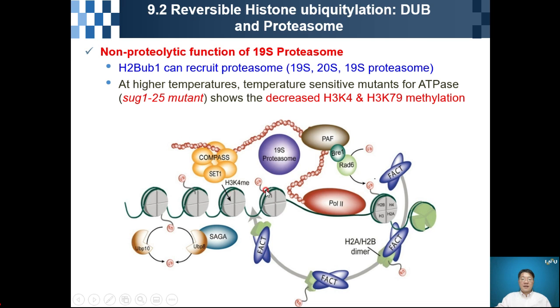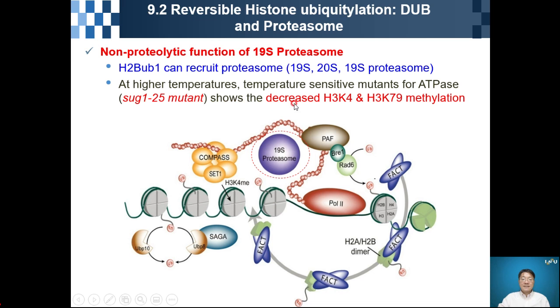So H2B-UB1 can recruit proteasome. Proteasome is composed of 19S and 20S. After that, we find that at higher temperature, the temperature sensitive mutant pro ATPase, especially the SOC125 mutant,